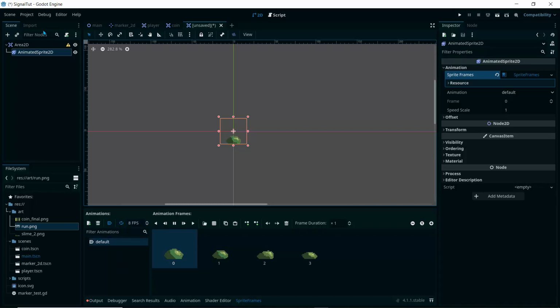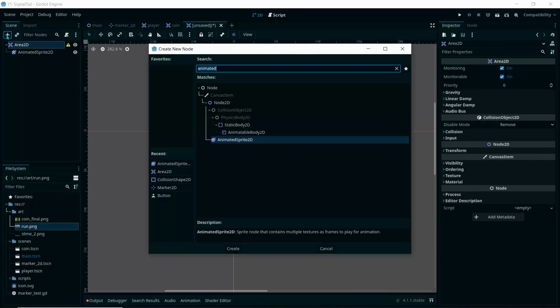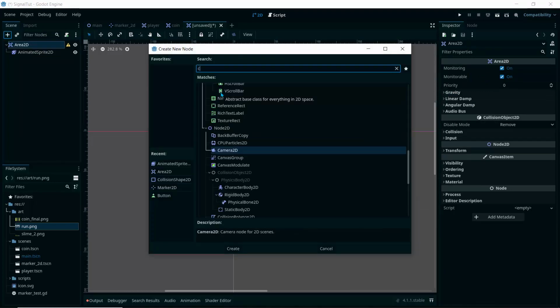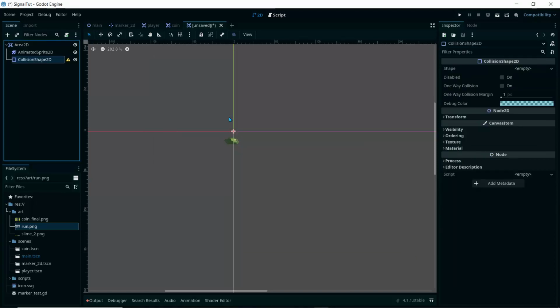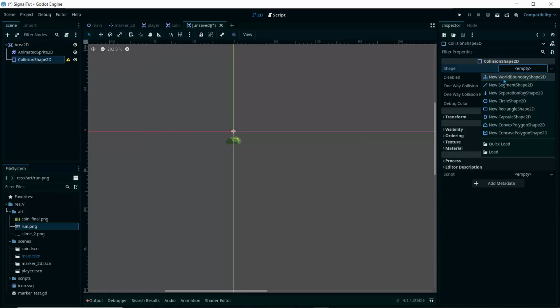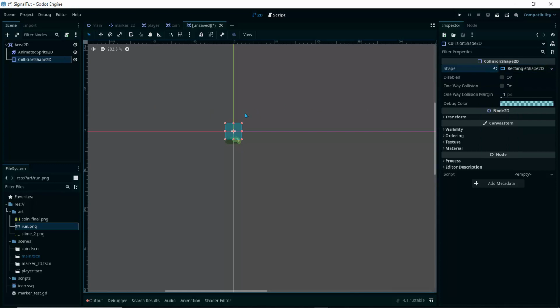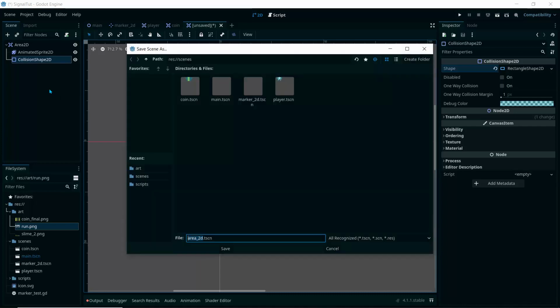And what we're going to do next is to add our collision shape. So I'll add this and say a collision shape 2D. We can use a polygon shape, but I'll just use a basic rectangle. And what I need to do is just drag this rectangle to make sure it's encompassing our art, like so. And finally, I'll just quickly save this scene, and I'm going to call that my